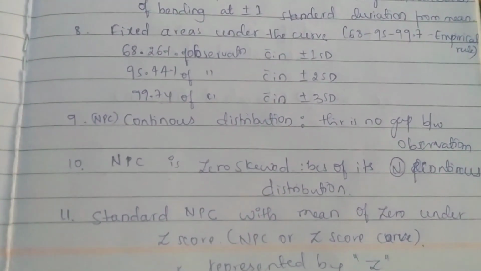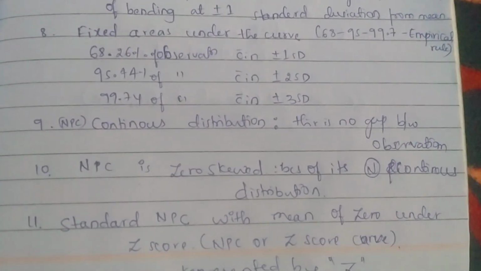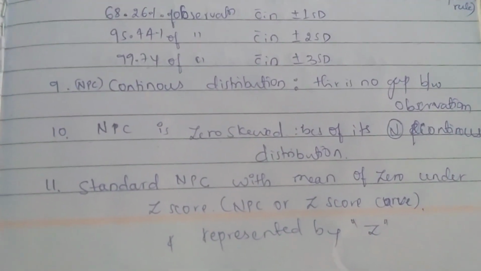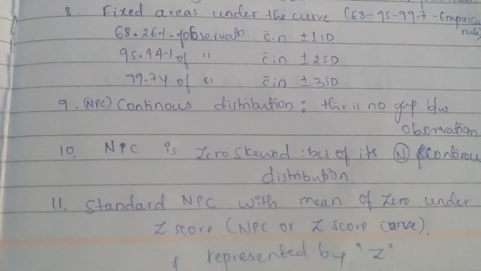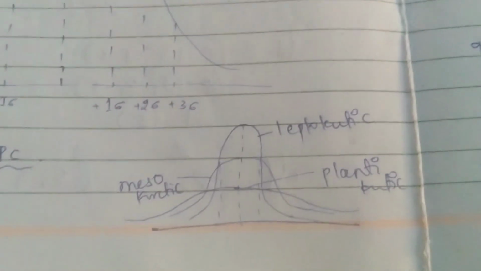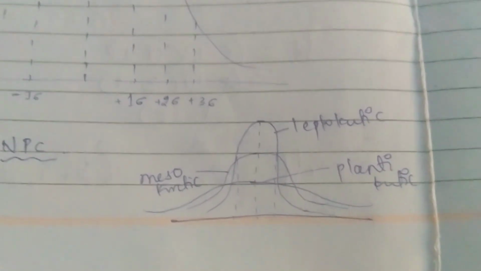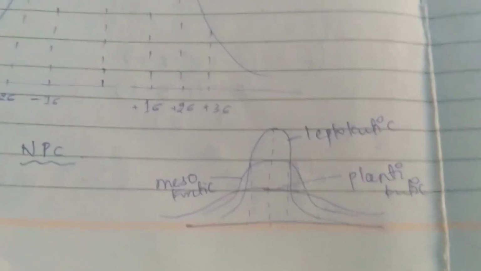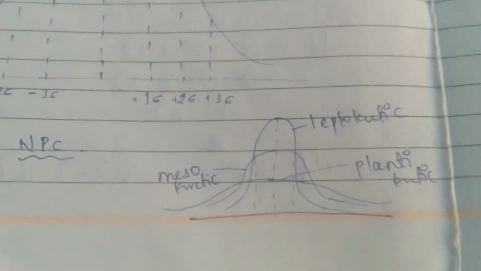The normal distribution curve is continuous and there is no gap between the observations or the data. The normal distribution curve is zero skewed because of its normal continuous distribution. We need to know what zero skewed means. We have three kinds of graphs here. The highest peaked one we call leptokurtic, and the lowest one we call platykurtic, which is a flat one. The middle one is mesokurtic, which is the zero skewed graph,